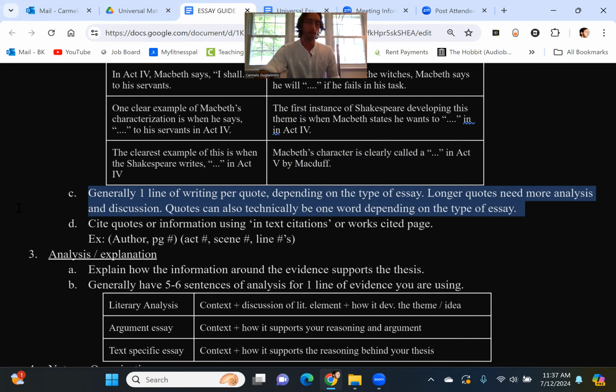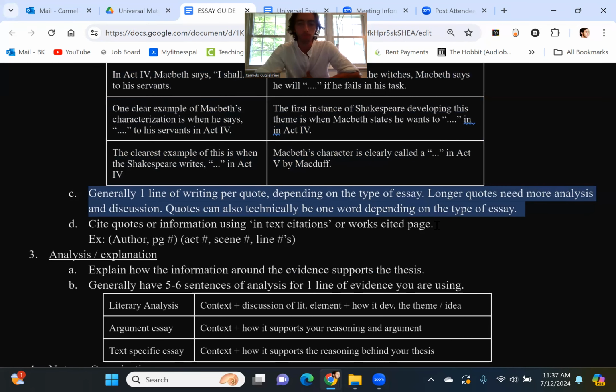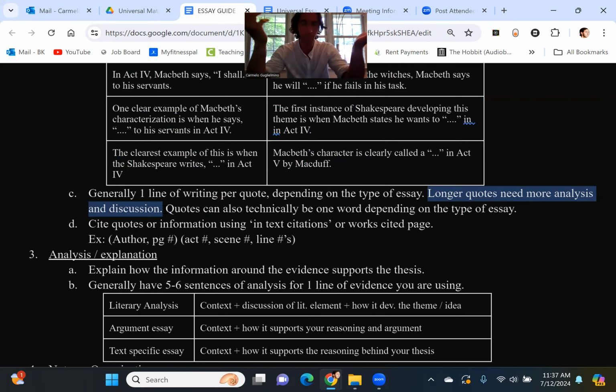Now, as a simple logical rule, one of the reasons for that is, as it says here, longer quotes need more analysis and discussion. This is particularly true in poetry. Poetry infamously has a ton of meaning compacted into it. If you analyze one line of a Shakespearean sonnet, we could do that for an entire paragraph. I could really stretch that out. But if you give me 14 lines, the whole sonnet, then we're going to have a lot more to say. So you want to be careful about that.